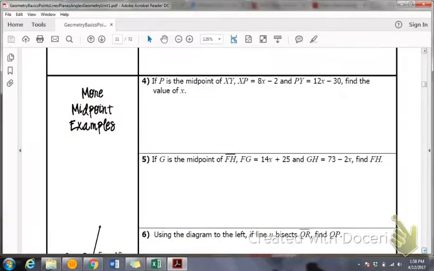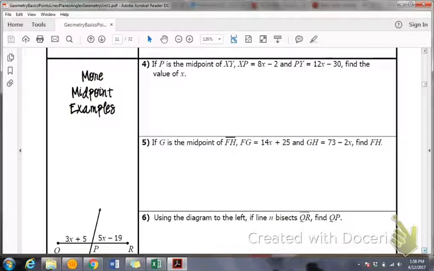So now they're giving us a little algebra, folks. A little algebra. Can we remember that far back? Okay, it says P is the midpoint of XY. Do we have a line XY anywhere? Is there any diagram or anything? In geometry, when there is no picture, you will always draw a picture. All right? So the first thing we're going to do is draw a picture. P is the midpoint of XY. So I'm going to draw